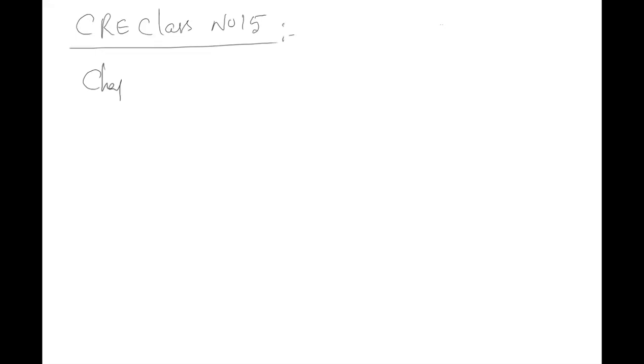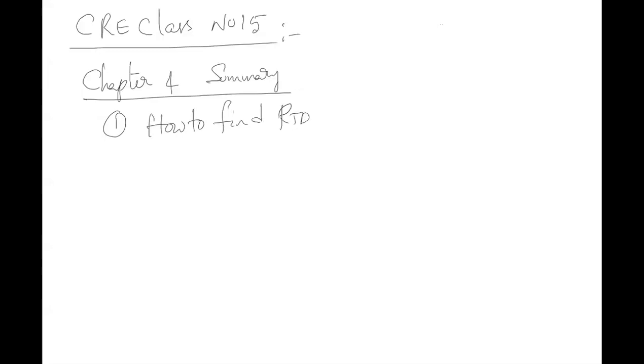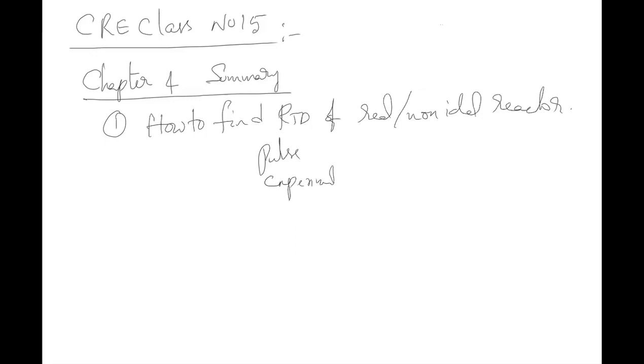So what did we study in chapter 4? It is always good to take some summary. So what we found out is, first, how to find the RTD of a real, or let's say non-ideal, reactor. Clear, no? So how do you find it? You have pulse experiments and, let's say, step experiments. So the second thing is, what is the RTD of